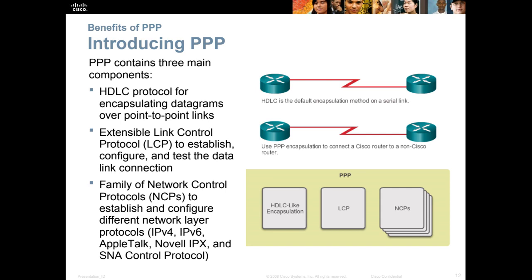PPP, point-to-point protocol. It has 3 main components. HDLC for encapsulation. And then we have Extensible Link Control Protocol, LCP, to establish, configure, and test the data link connection. And then we have Family of Network Control Protocols, NCP, to establish and configure different network layer protocols, IP